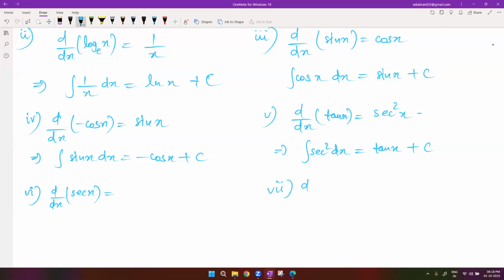Next, what is the differentiation of sec x? Minus cosec x cot x. Sec x